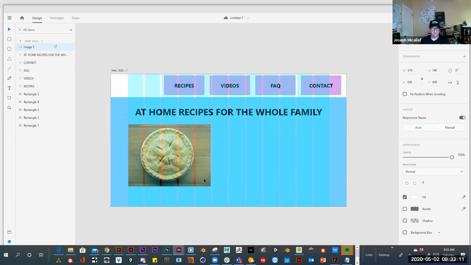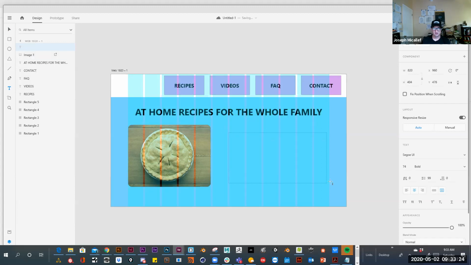So maybe push this here. You can give it a little rounded corner too by clicking the circles. It's a nice effect. And then maybe I have more information, you know, so